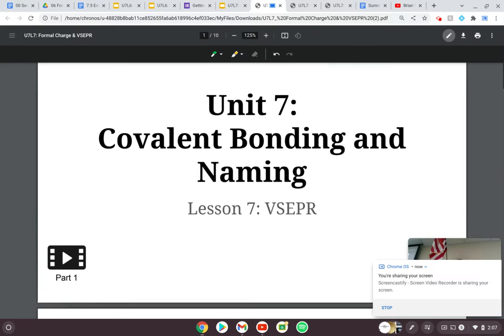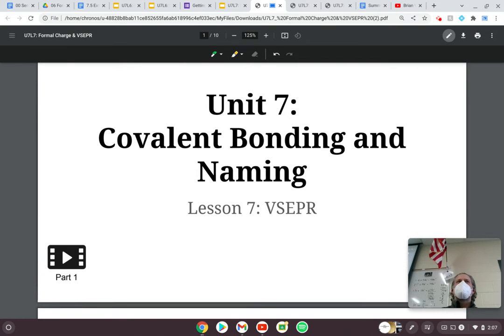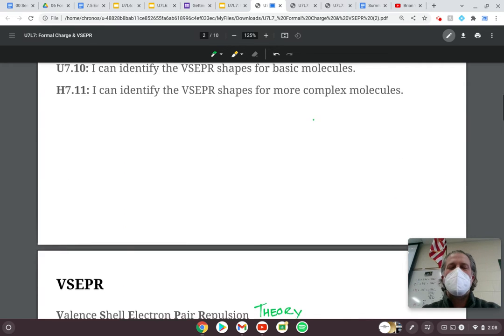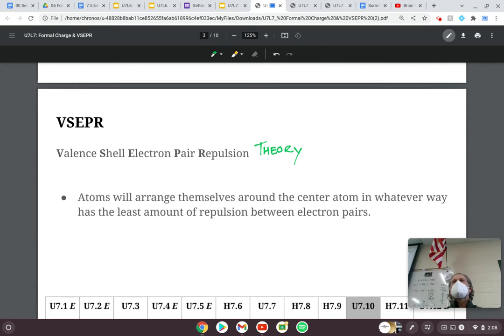Okay, so today's lesson is about what we refer to as Vesper shapes, and I know VSEPR doesn't necessarily sound like Vesper, but it really comes down to valence shell electron pair repulsion theory. What that means is that when nonmetals bond together, they're sharing electrons, and when they're sharing electrons,